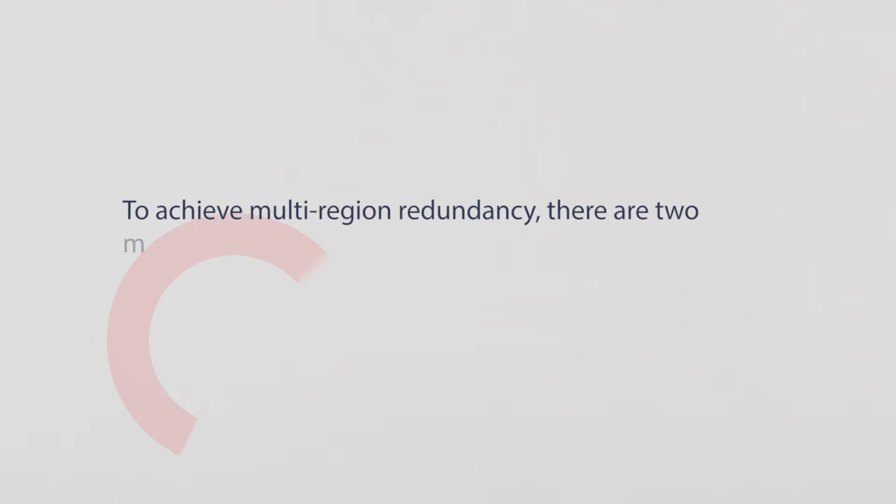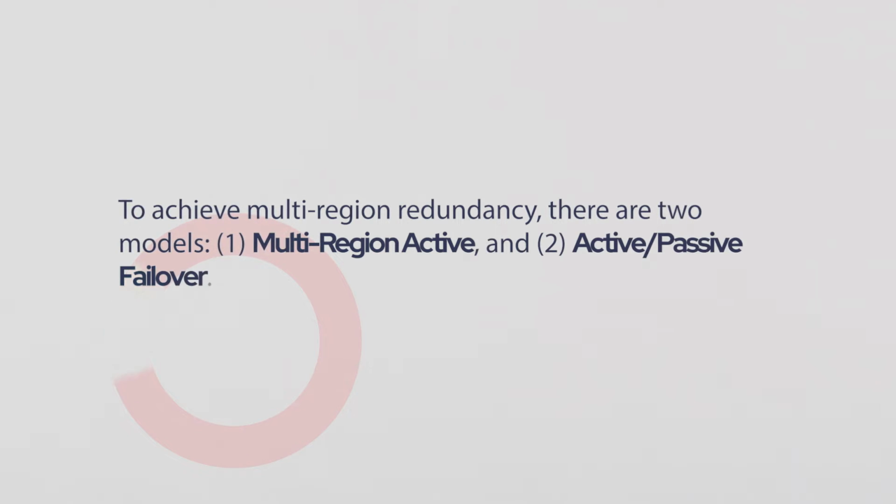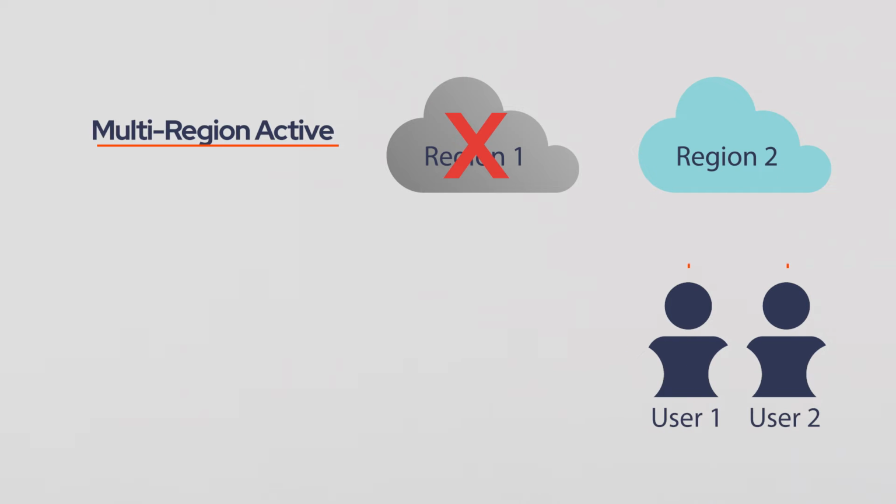There are essentially two models to consider here: the multi-region active model and the active-passive failover model. Let's first look at the multi-region active model. In this model, your application is actively serving users from multiple regions and replicating data among those regions as the data updates. If one of those regions goes down, the users connected to that region will move to a healthy region, usually in a minute or two. So downtime associated with a major cloud outage is about a minute for a subset of application users, which is